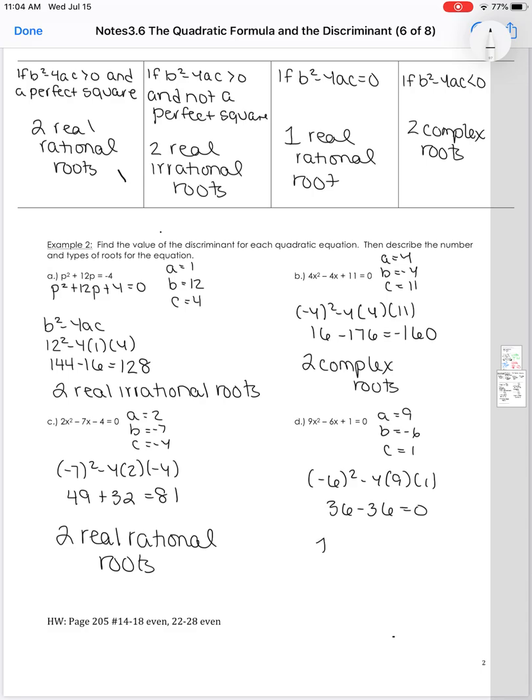And for this last one here, I get 9, negative 6, and 1. b squared minus 4 times a times c. I get 36 minus 36, which is 0. So my discriminant is 0, which means I have 1 real